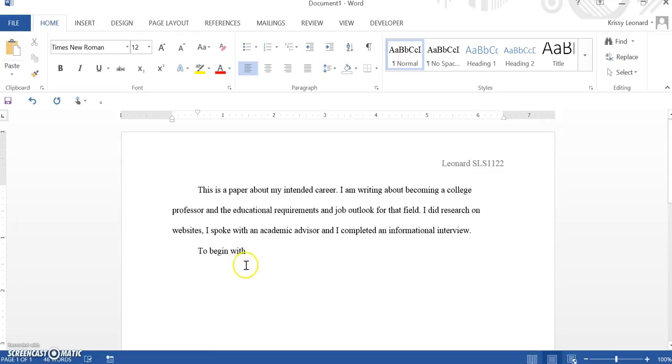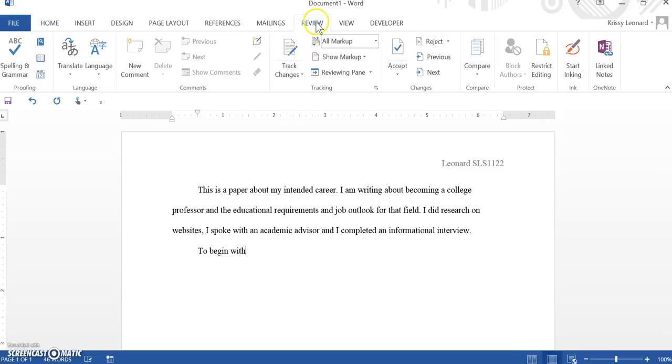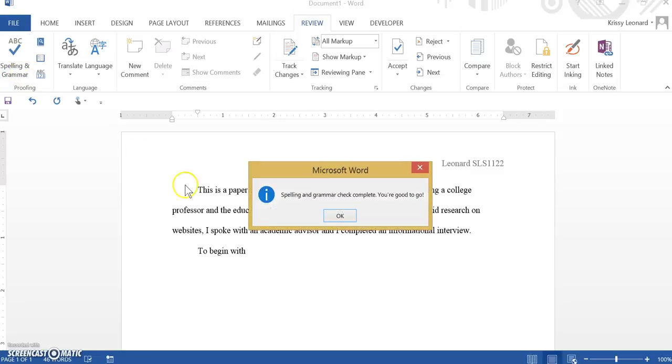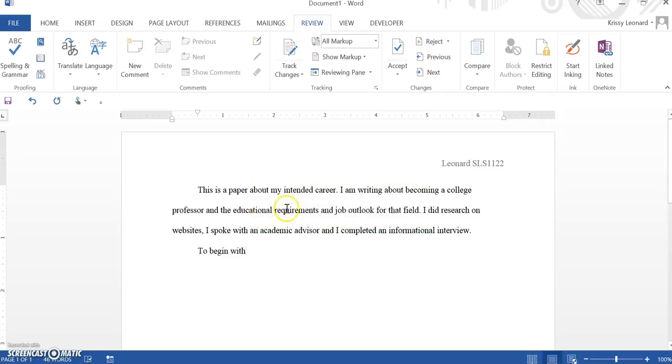The other is spell check. So that would be a new menu. You would choose Review, and this is where you're going to be able to choose spelling and grammar. It will run spell check for you. If there were any problems, it would point it out to you. Plus, it would also have squiggles under lines. So I will just put here, it gives you a red line if you have something spelled wrong.